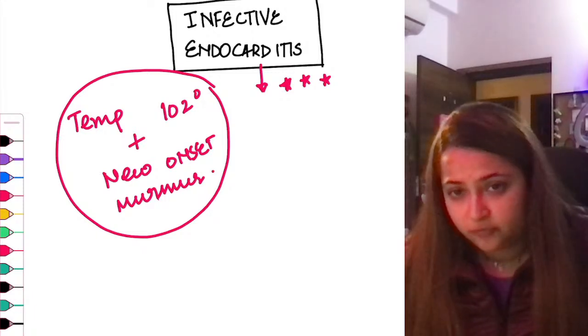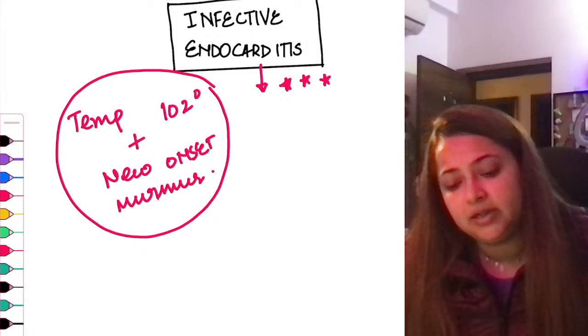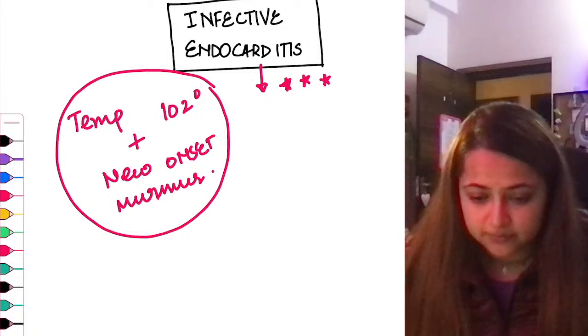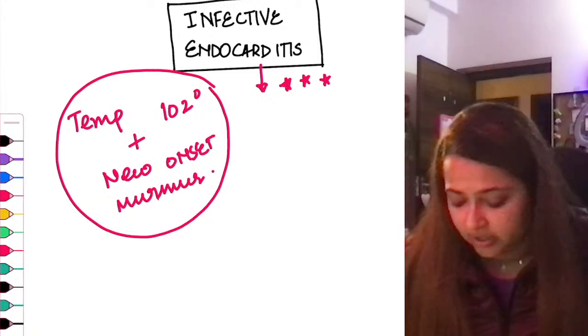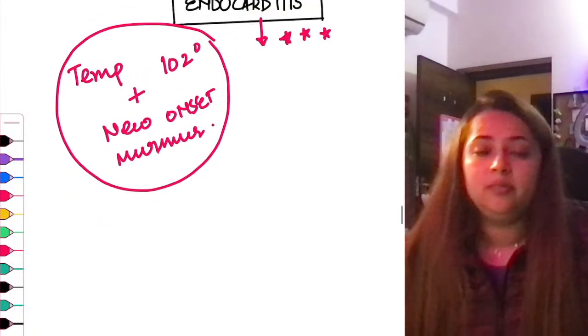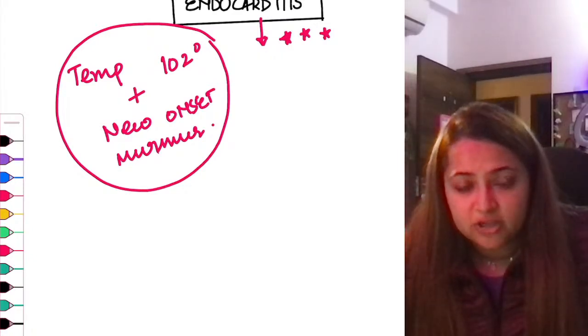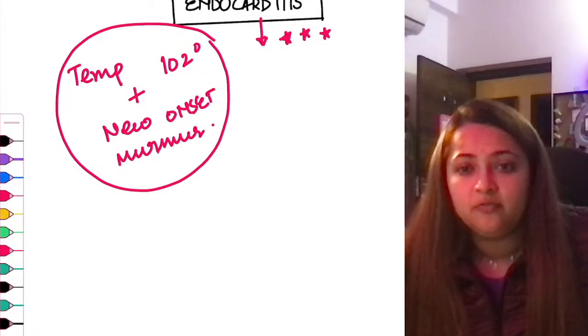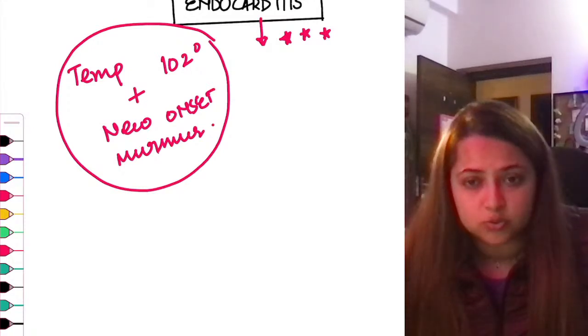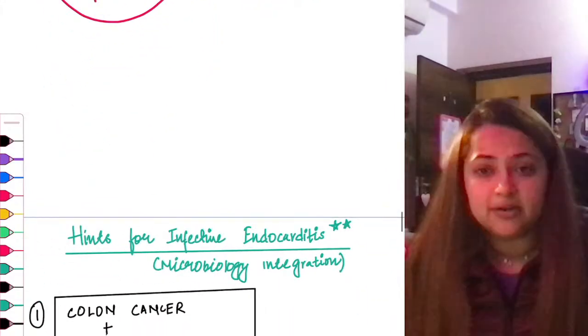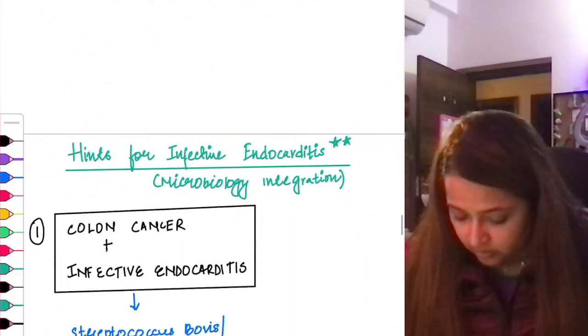So what you have to remember? Let us do some integration from microbiology here, regarding infective endocarditis. Supposing they give you a few hints, you have to identify which organism could be implicated in causing infective endocarditis in that particular situation. So what are the hints for infective endocarditis? Let us try to understand those. Number one,